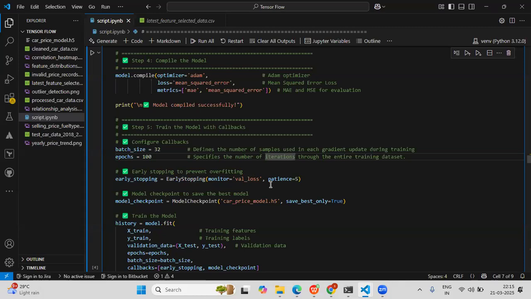Then I'm going to check the model checkpoint. This is also a callback technique where my model is saved under the price model.h5 file name, and save best only equal to true means it will save only the best version of the model during training.